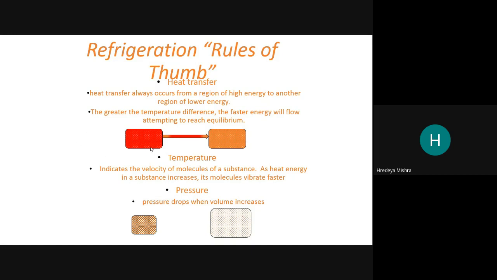Now see, this is the hotter one, this is the cooler one. So energy transfers in this way. And when this is again made hotter and this is cooler, then energy transfers. And see here,